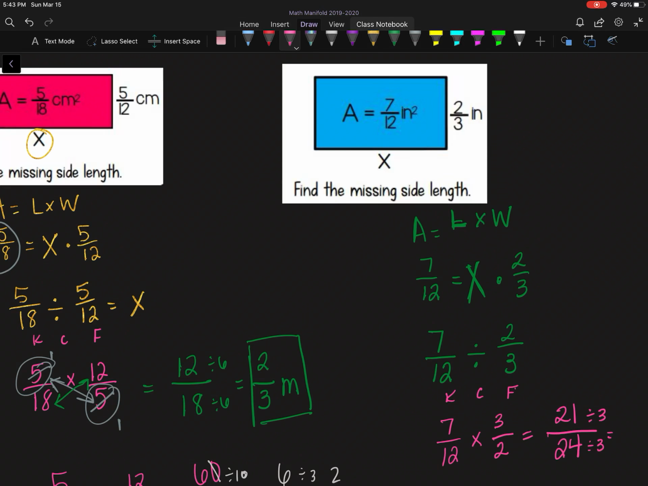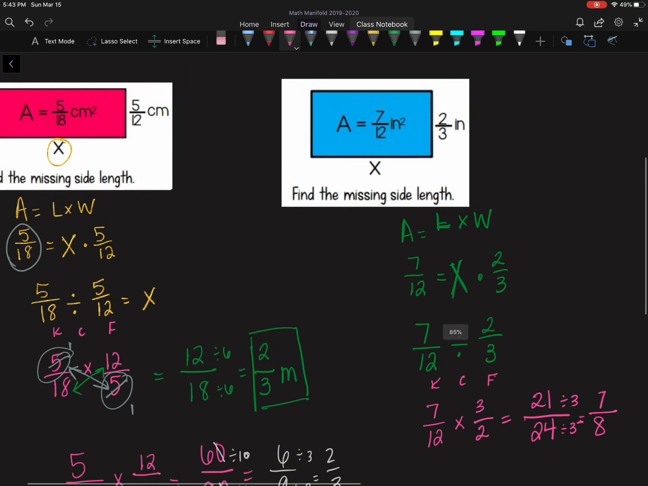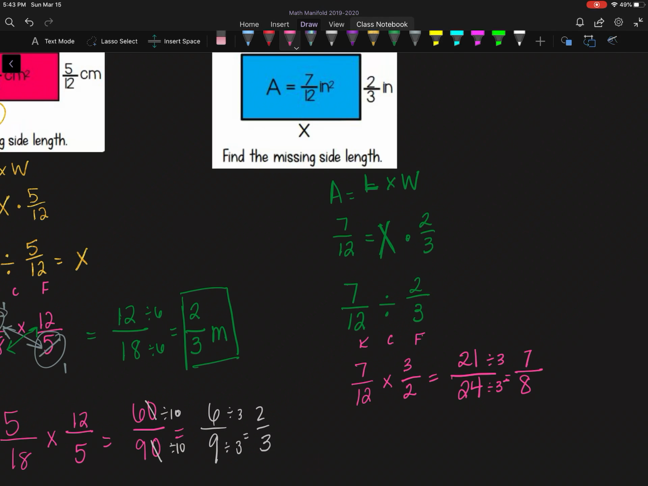So they both have 3 as a factor. And so I can reduce this to 7/8. So then my answer, the missing side length, would be 7/8 inches. And again, I don't put a squared because this is a side and not area. So now you're going to go to Canvas and